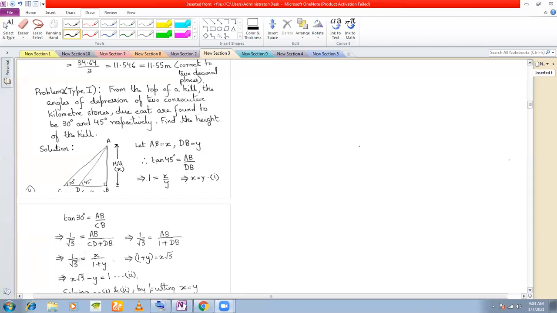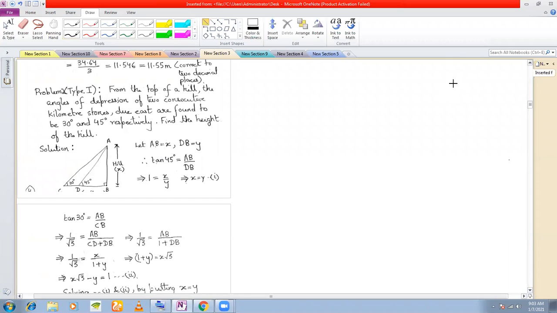The problem here is: from the top of a hill, the angles of depression of two consecutive kilometer stones due east are found to be 30° and 45°. Find the height of the hill. Let us say